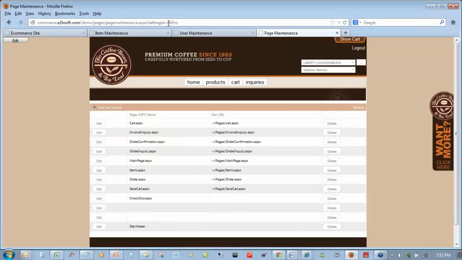And this is where you will manage your pages. Now, you don't have to have just e-commerce pages. You could really use this to build out even your entire website if you really wanted to. So I could have a contact us page that I set up. I could have maybe a product demonstration page, a video page, a news page. Any of the different pages that I might find on my website, I can build in and embed directly